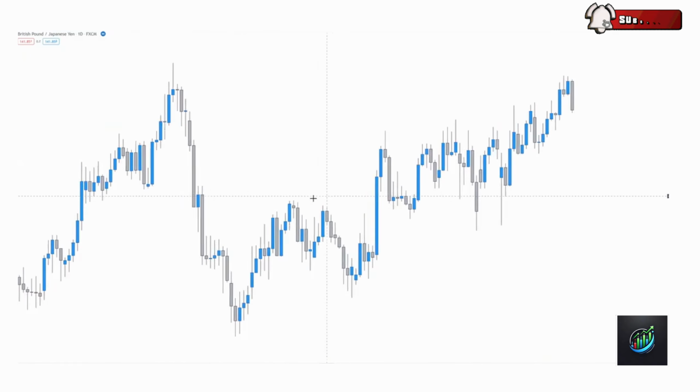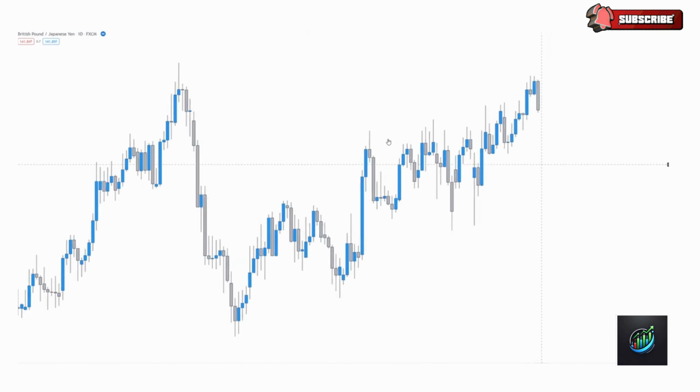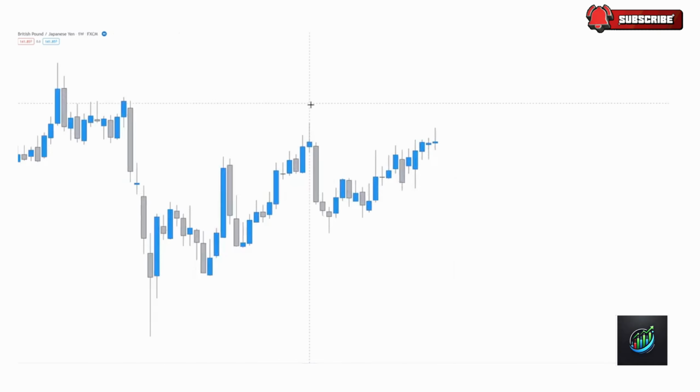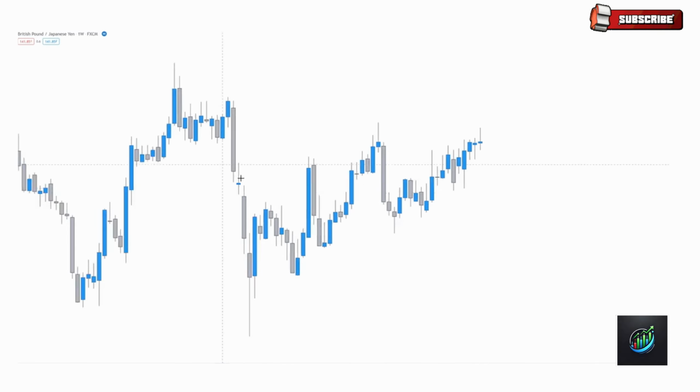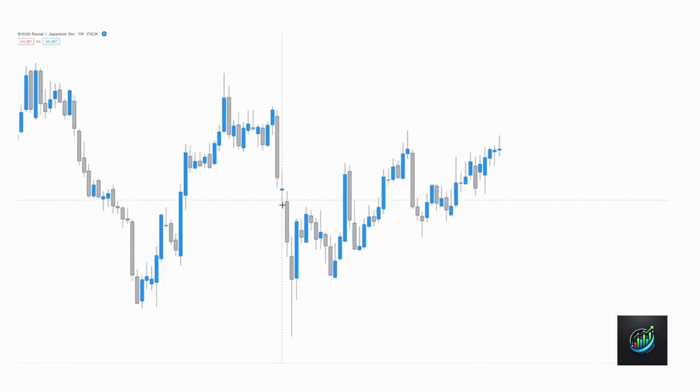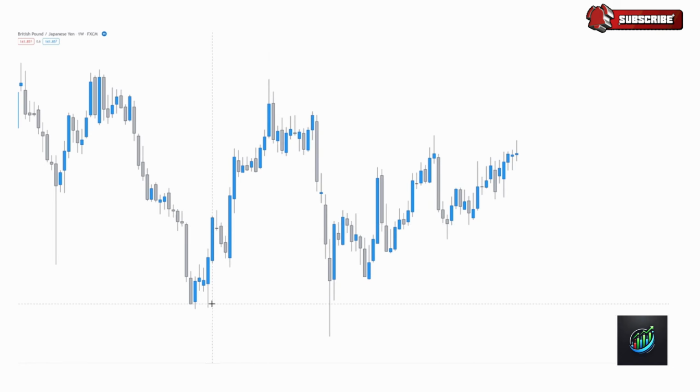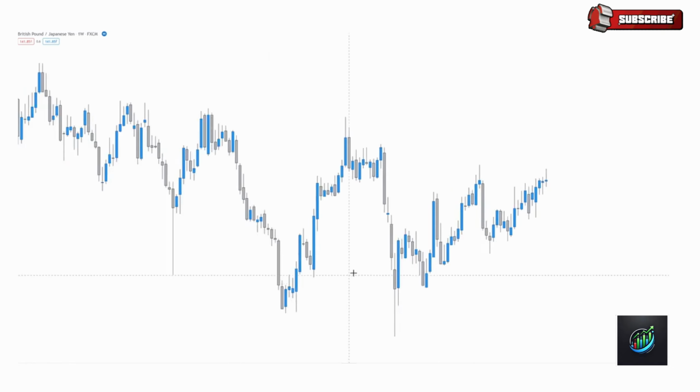Now we're going to start on the daily chart. We're going to do a top-down analysis on this particular pair. And what I like to do right off the bat when I open a chart for the first time is, we'll start on the weekly chart actually, and we'll look at what is the trend that we're in. So what we can see when we're looking at the overall trend that we see on pound Japanese yen, it's